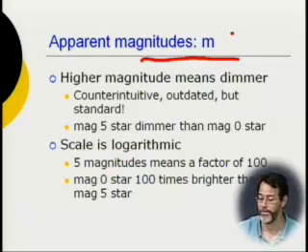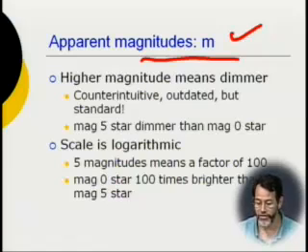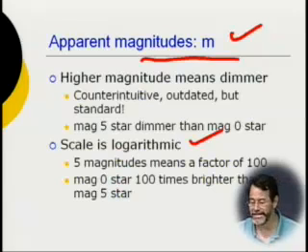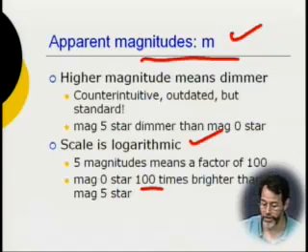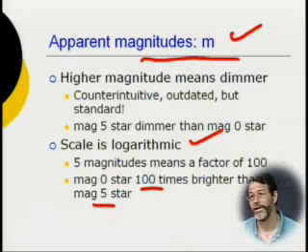And we're stuck with magnitudes. People call different stars different magnitudes. So if you have a magnitude 10 star and a magnitude 0 star, which would be brighter? It turns out the magnitude 0 star. The scale is actually, in one interesting way, logarithmic. So our eyes are logarithmic. What does that mean? It means that we don't see things linearly. So 5 magnitudes actually means a factor of 100 in brightness. A 0 magnitude object can be really bright, and that would be 100 times brighter than a magnitude 5 star. So logarithmic. There's no easy way to explain that other than it's a condensed scale.